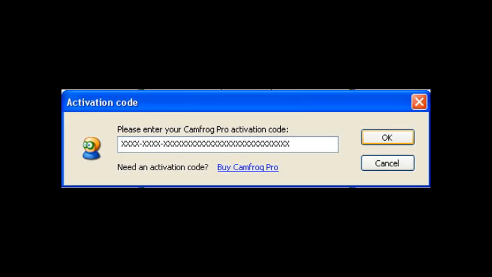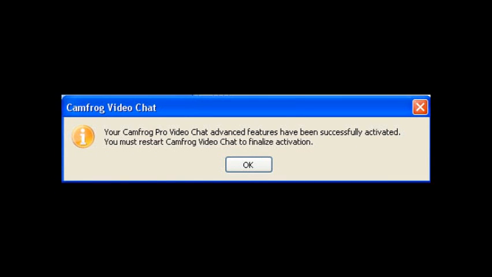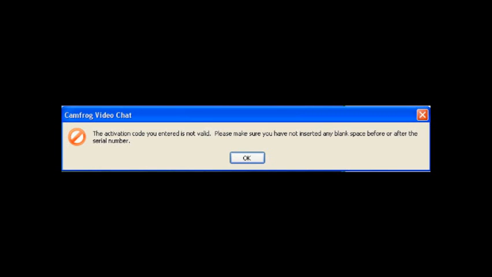And then you can see the Cam Fog Pro video chat is successful and you click OK. When you key incorrect your code is the this image it show this image. Okay, you can try again. You can key your code is the correct and zoom successful.